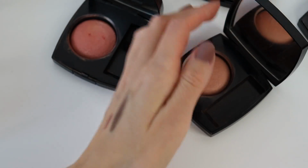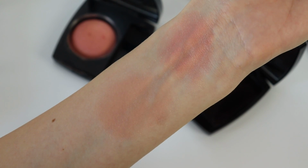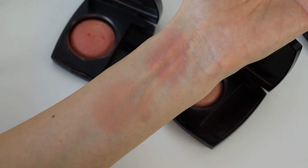Now, this one I would recommend mostly for people who have fair skin tone like mine, or more like a light medium skin tone. I think that it's not going to be the best one for people who have dark skin tone because it's probably not going to show up